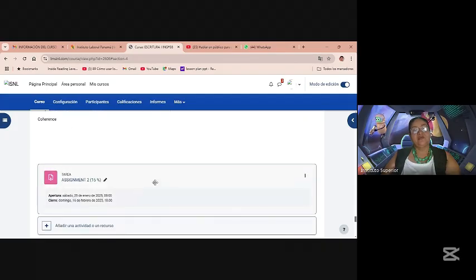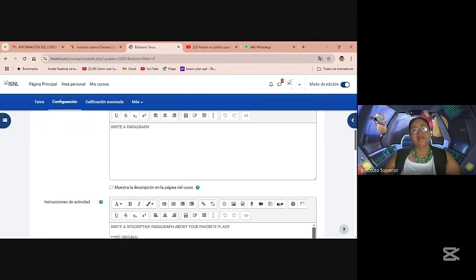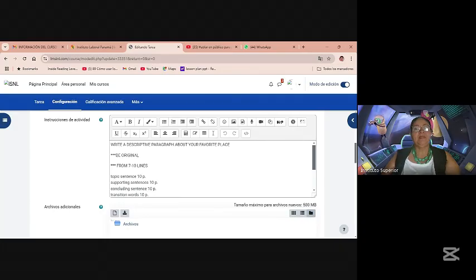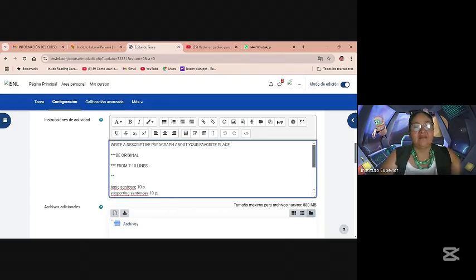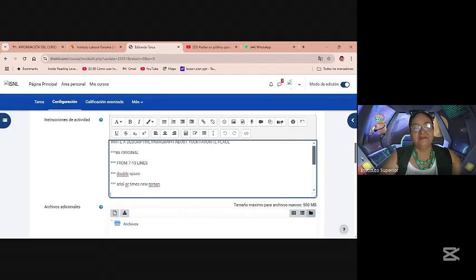Then, week number 3, we have the other assignment. It says, write a descriptive paragraph about your favorite place, from 7 to 10 lines. I'm going to write something more. Use double space and also use Arial or